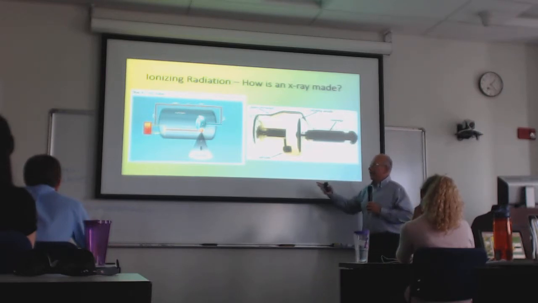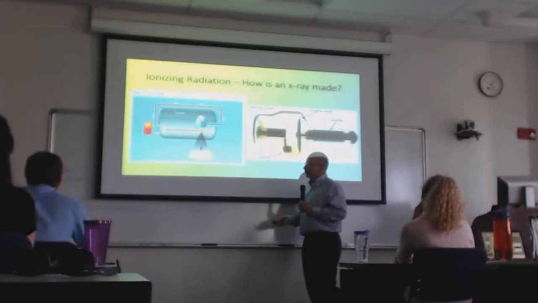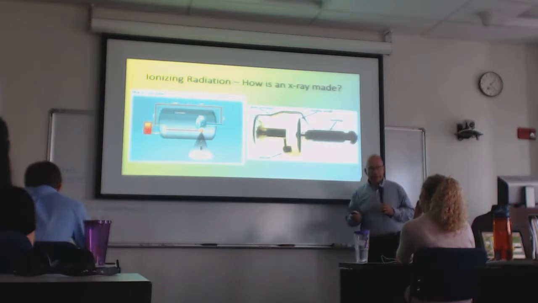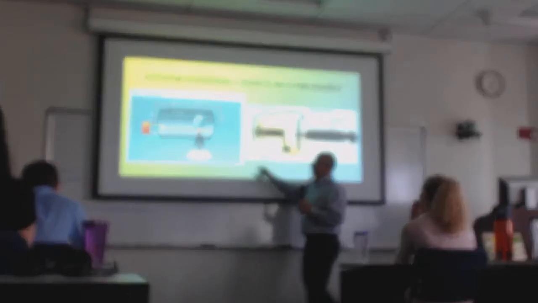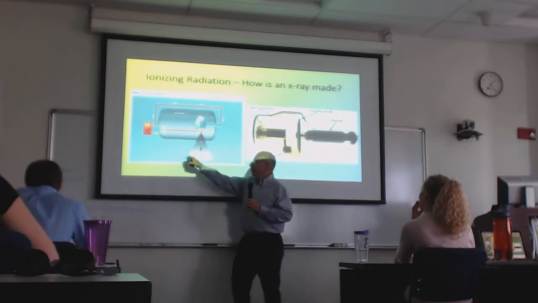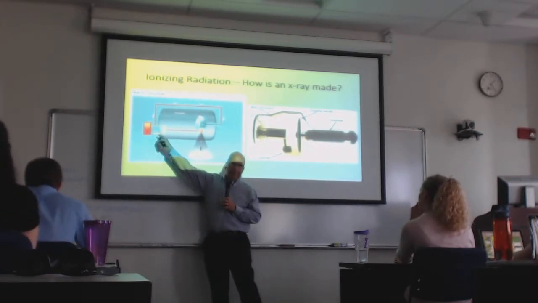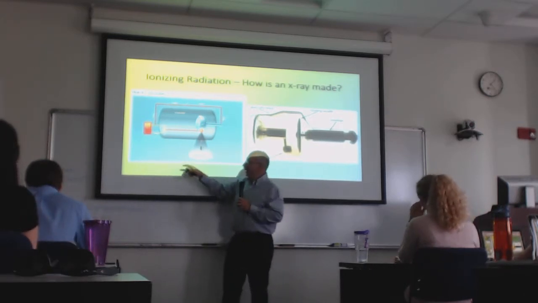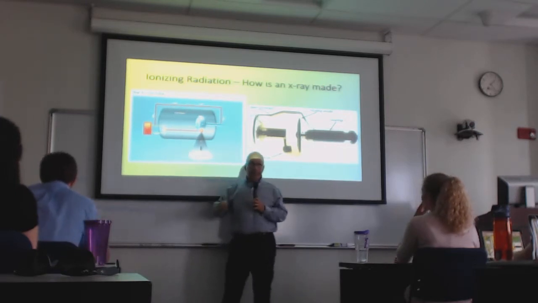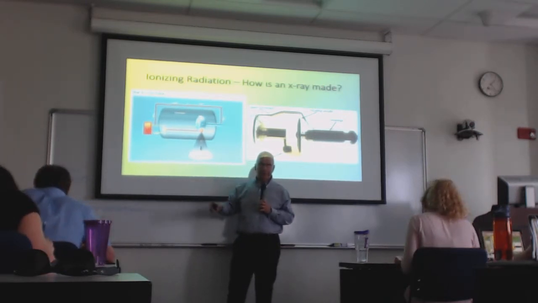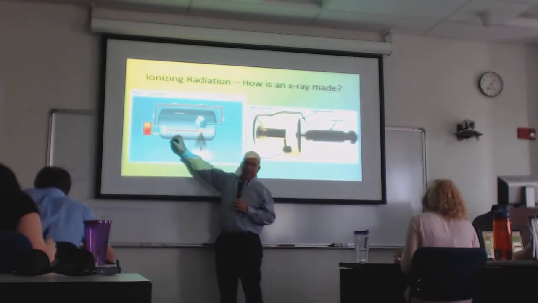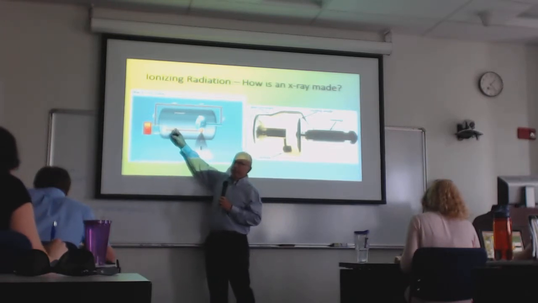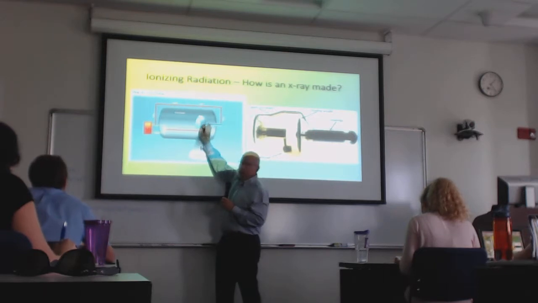So how is it exactly that we create the beam? What we're doing, essentially, is creating a vacuum inside the tube and creating charged particles. This is basically like a little heating element that a small charge goes across, and the heating element heats up and creates electrons, negatively charged particles. So we've got this evacuated glass tube, and a very significant voltage from one side of the tube to the other.